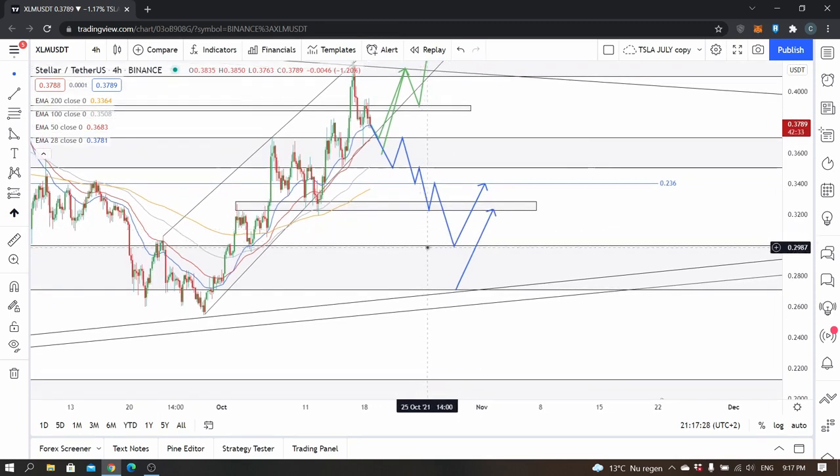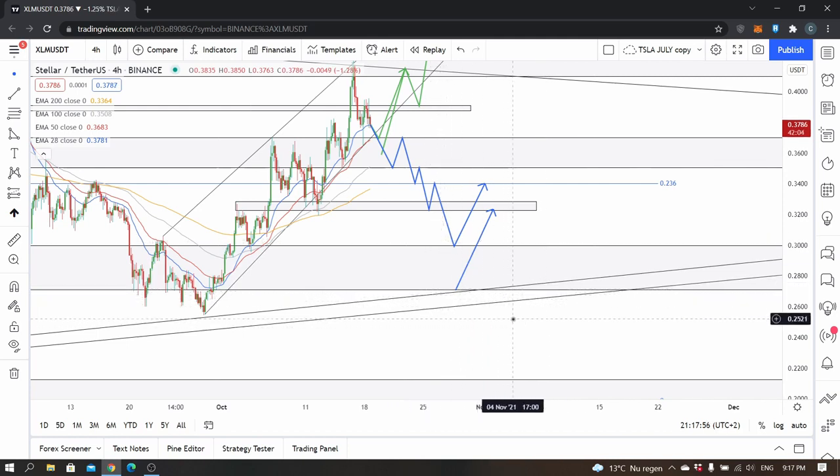And then ultimately, I think the next real support will be around the 30 cents psychological key level. But to be honest, the price might even drop down as low as 27 cents, basically when it lines up with these trend lines. And when it does line up with these trend lines, and you really don't want to take a lot of risks, so you don't want to buy from this 30 cents support area, then I would recommend a trade here.